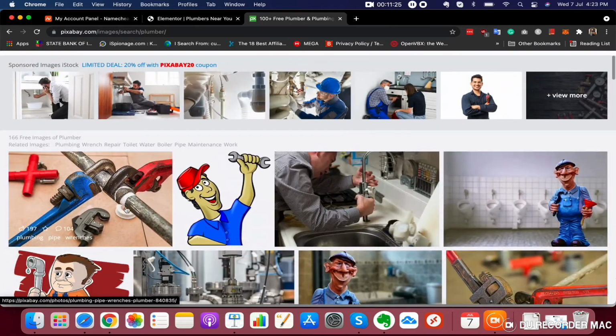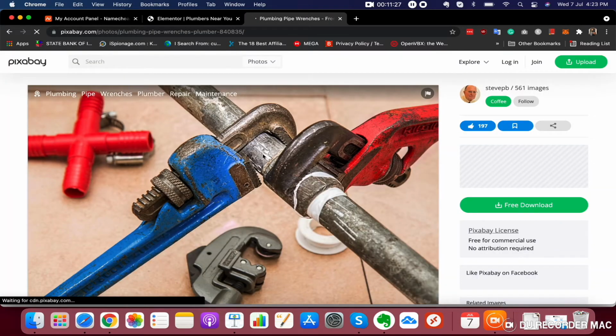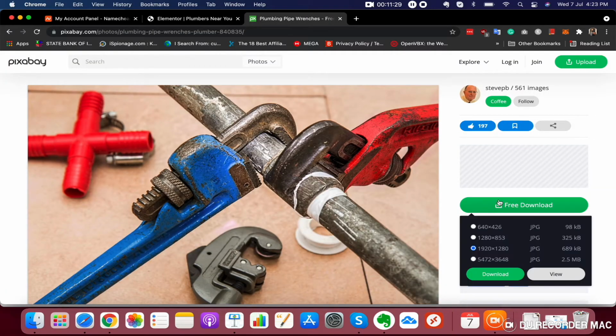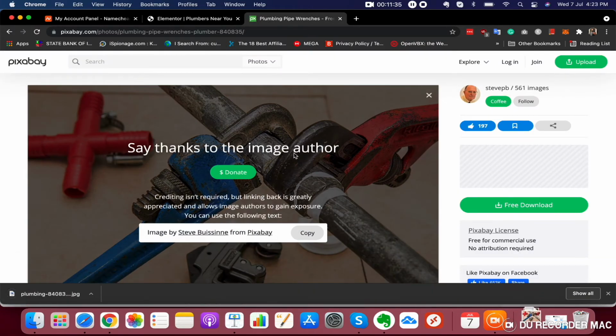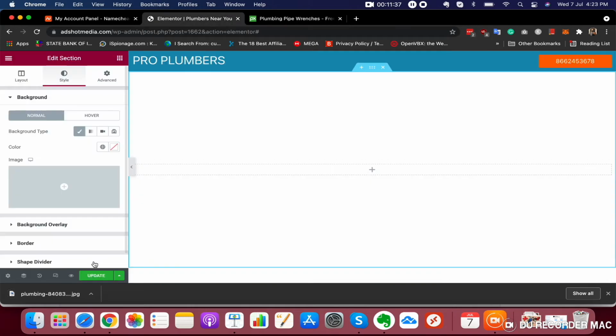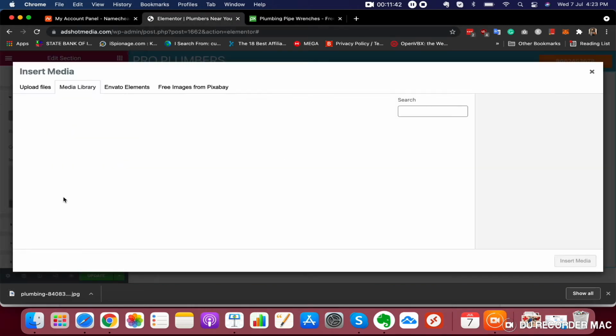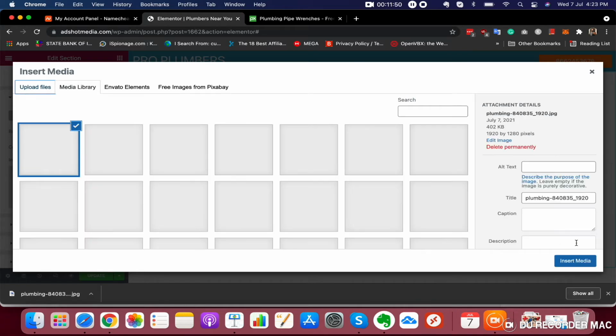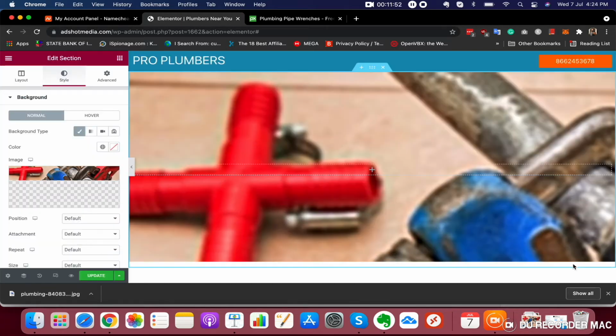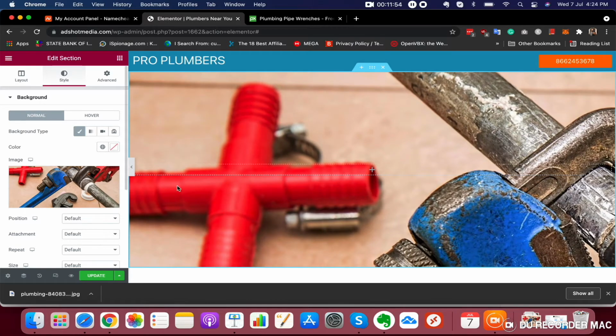So just pick a good one. Let's pick this one, free download. Alright, the image has been downloaded. So for uploading the image, just go here, choose image, upload files, drag your image here, upload it, and insert media. You can see it is inserted.